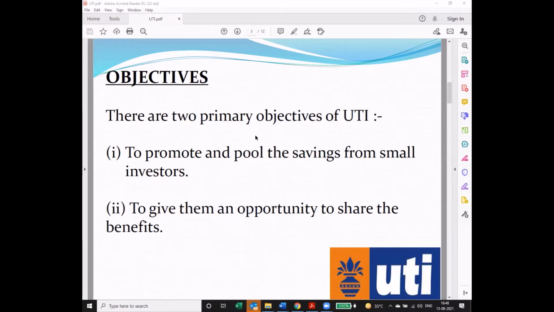Bank was established only with the purpose of creating the habit of savings, and then obviously wherever the need is there, you can provide loans. But at that point of time, loans were given to a very few people in this country. There was hardly 3 to 4% population of the country which was getting loans. So majorly banks were opened for the purpose of deposits, right? So this UTI was established with this purpose. And why UTI was a different kind of financial institution? It was not a bank.